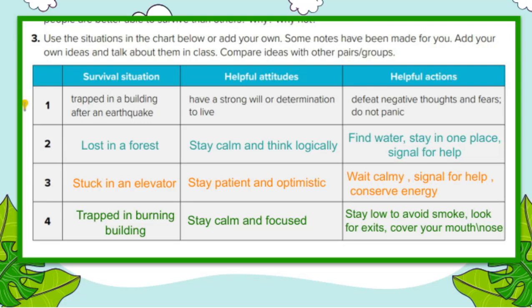When you're in a situation where there's smoke, the first thing to do is stay low to the ground. Smoke rises, so staying close to the floor can help you breathe better. Look for exits and plan your route carefully. Cover your mouth and nose with a cloth if you can, to filter out harmful particles. It's crucial to stay calm and focused, even when everything around you seems chaotic.